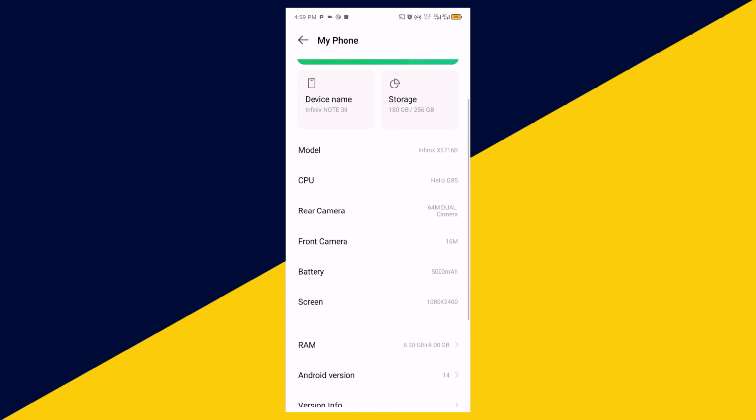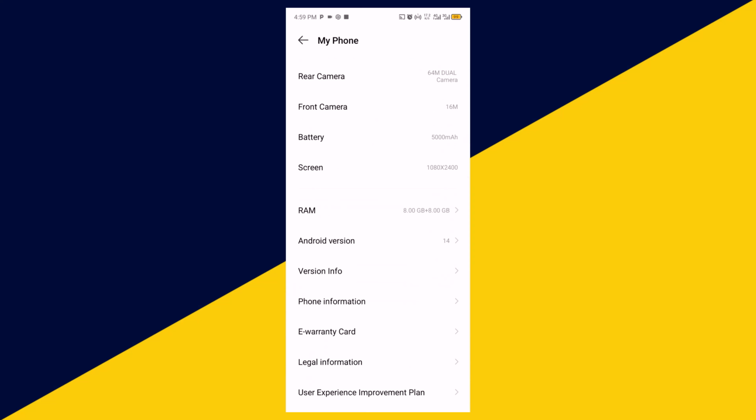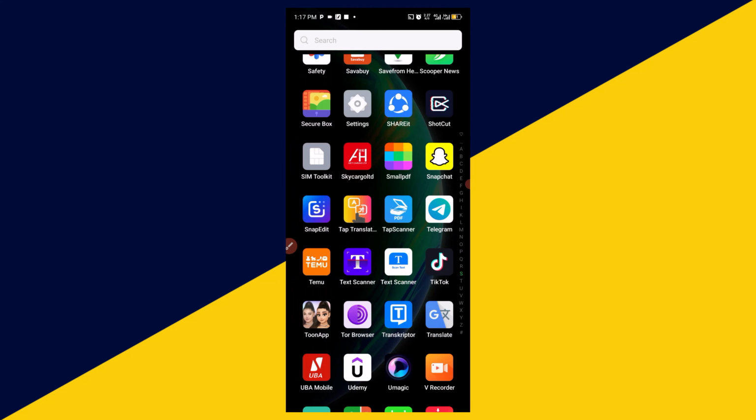Next thing you need to do is to simply scroll down and go to Phone info. Click on Phone info, and it's going to take you right here. Under Build number, continue to tap it until you enter developer mode. After you have successfully enabled developer mode on your Android phone, the next thing you need to do is to